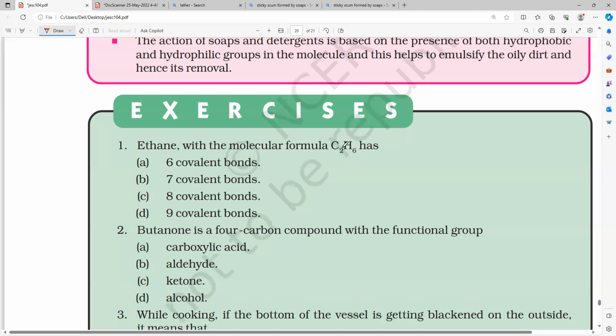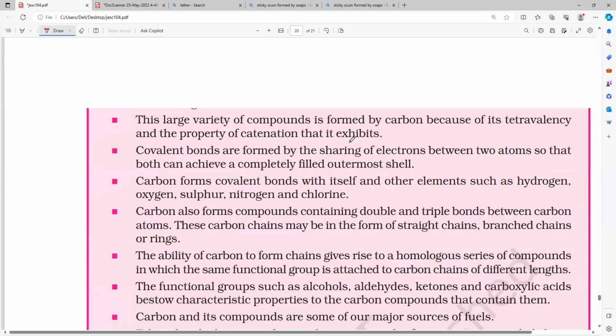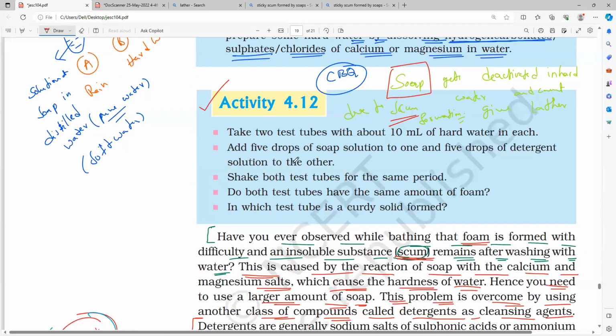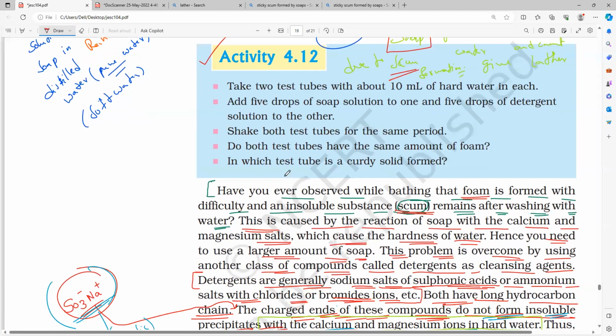The notes on carbon compounds which were given by me, around 25 pages, I think. I'm expecting everybody to come with the printout. Most of the cases, try to bring it. Don't make excuses. Try to make a printout so that we can practice and go through that. Except for one paragraph and one activity, everything is almost completed. So go through that. Now your duty is not to leave the meeting and go to sleep. Go through that